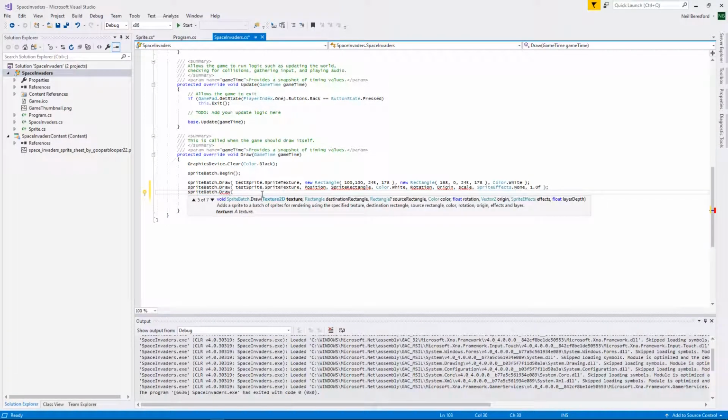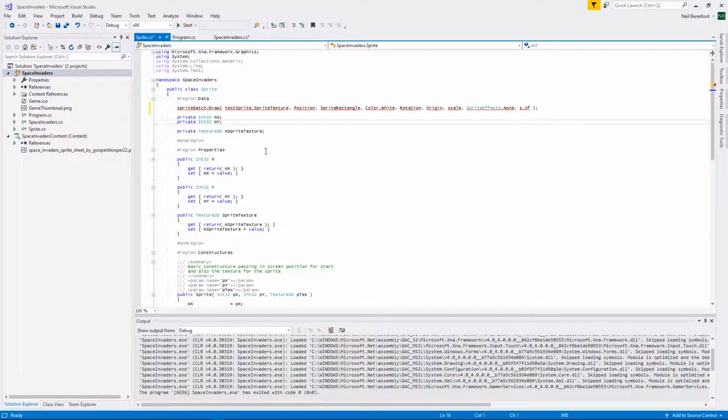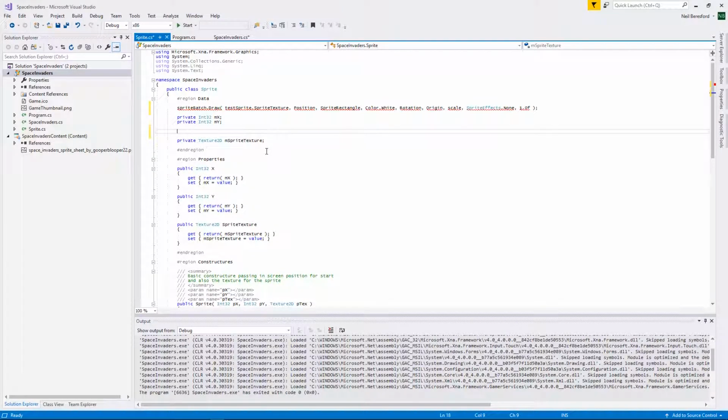If I go down to 6, okay, so we're looking position vector 2. Okay, all right, okay. Lovely. So we go back to sprite.cs, and what we're going to do, we're going to create a private,